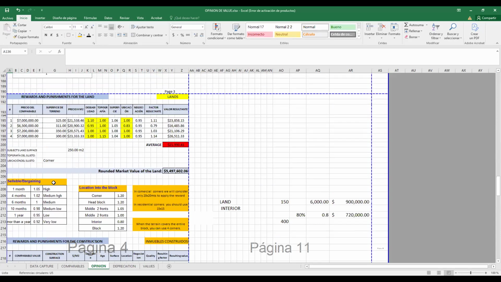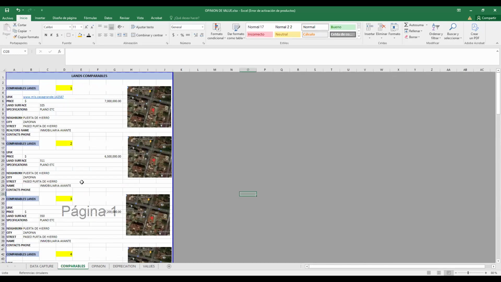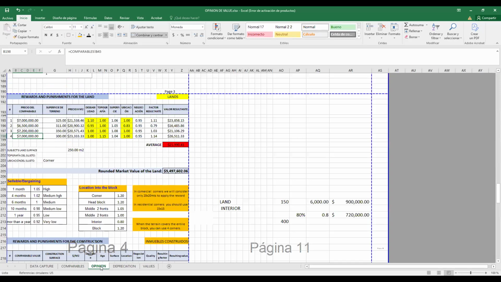And let's go to the rewards and punishments for the land. Remember that we already investigated 4 comparables. Here is our investigation. Then we have all the results right here.